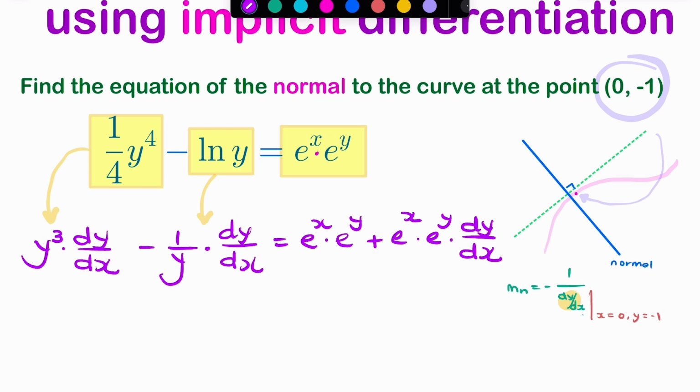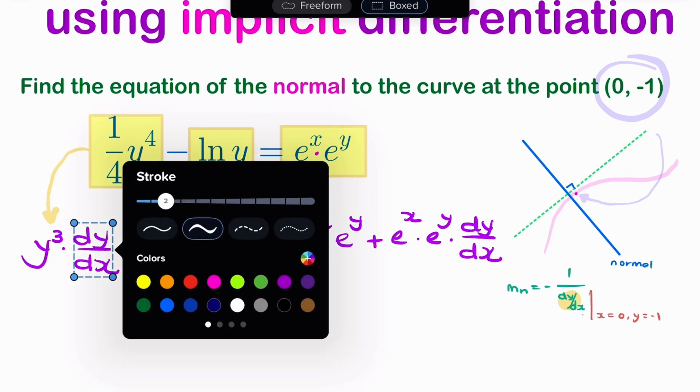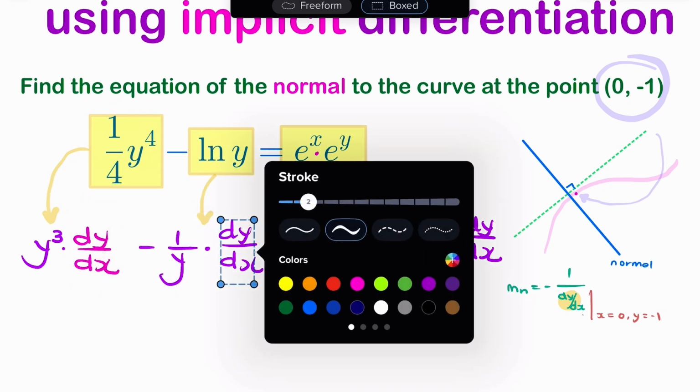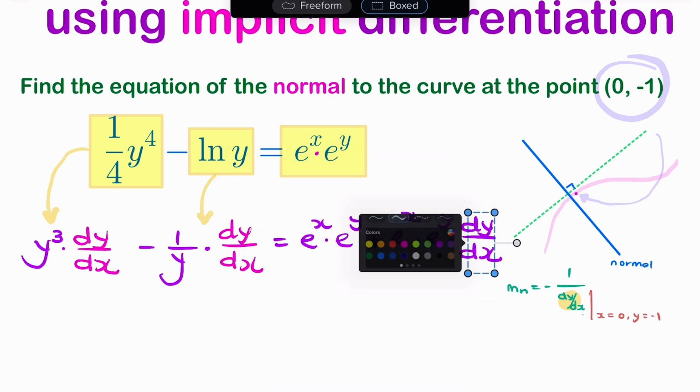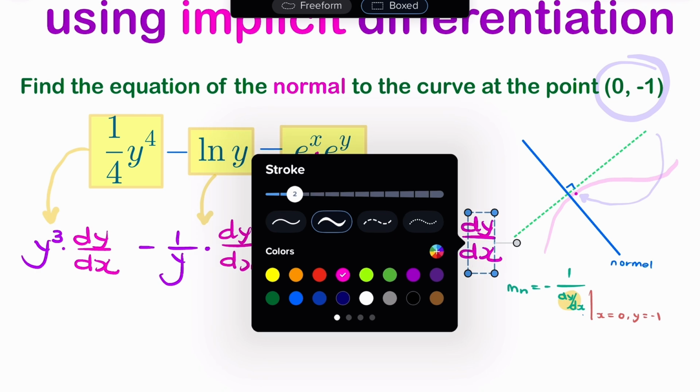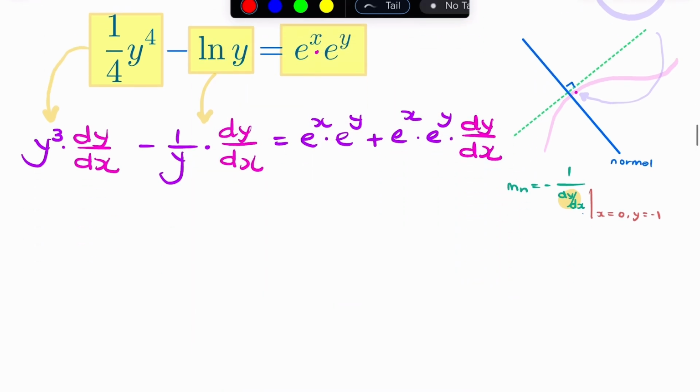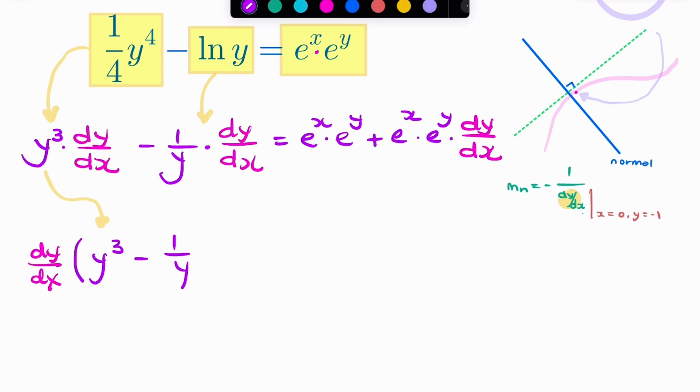So notice that we've got these dy by dx's, but we need to isolate these. We need the dy by dx's together so that we can find the gradient of the normal. So at the moment, we've got 3 of these, 1, 2, 3. So what I want is to bring all of these together so that we can take them as a common factor. So I'm going to say dy by dx multiplied by y cubed, that's that, minus 1 over y, that's that,